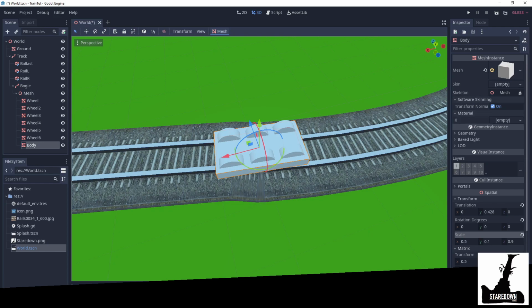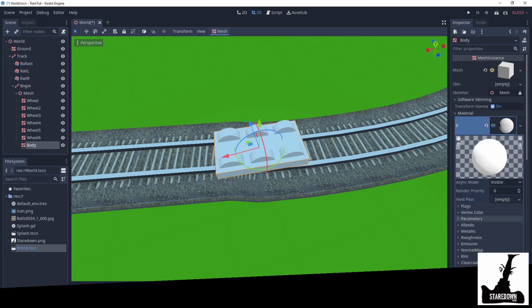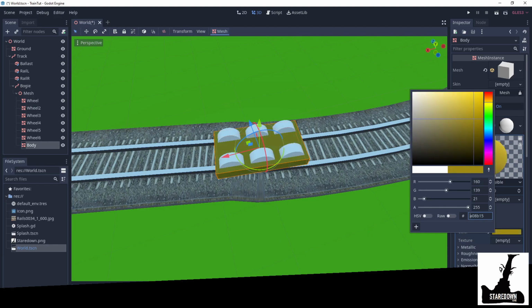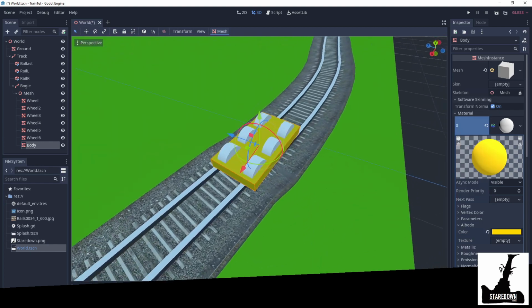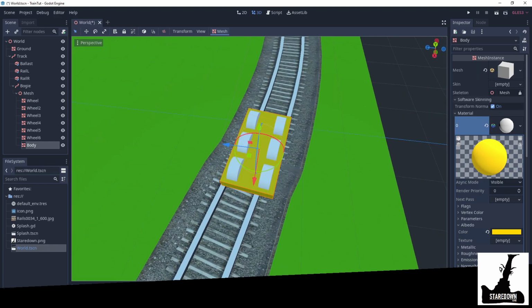Now I'm going to come up and just give it a material for fun. Facial material, change to albedo. And I'm gonna make it kind of a yellow. Like that. Kind of industrial, you know. Alright. And then